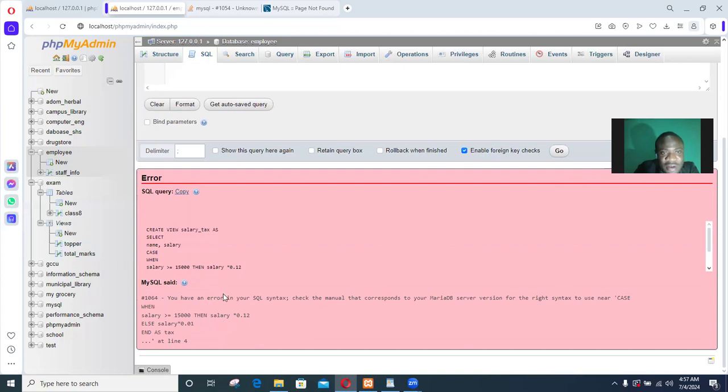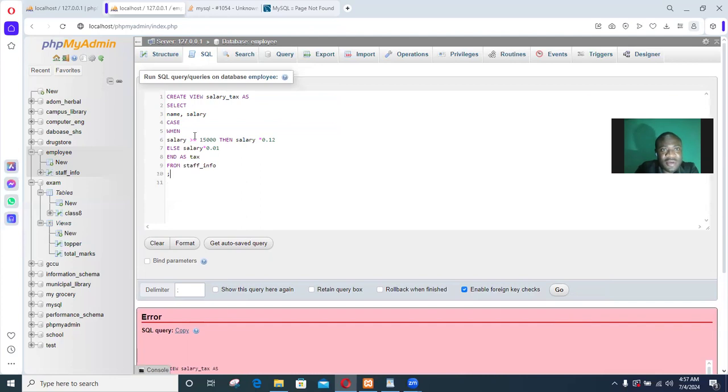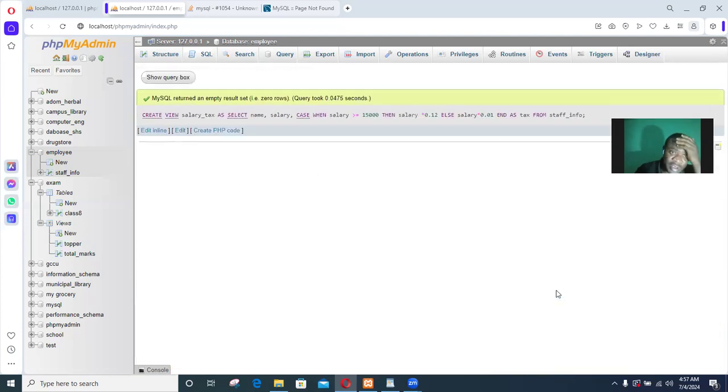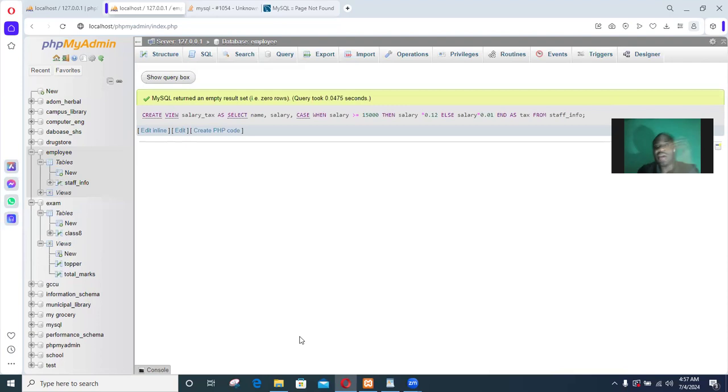Oh, sorry, one error. Line 4. The salary should be good. So let's work. So we have to prepare a query to display all the records who joined the job